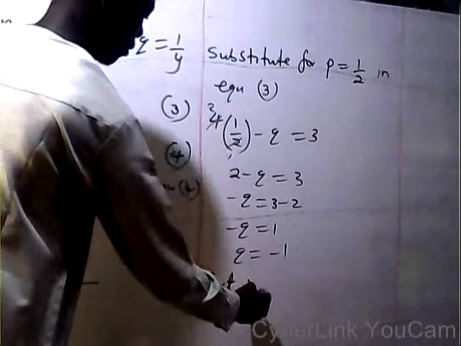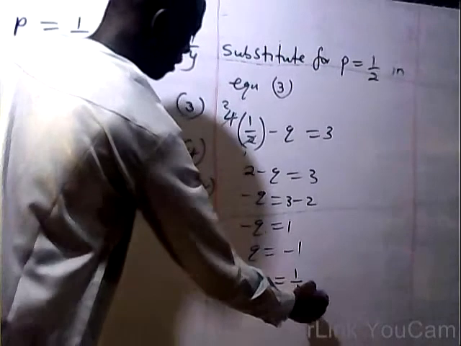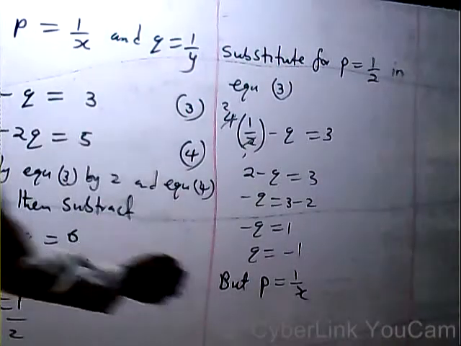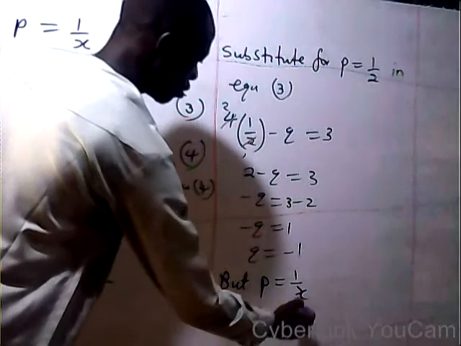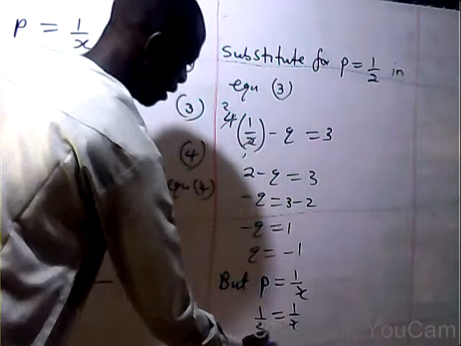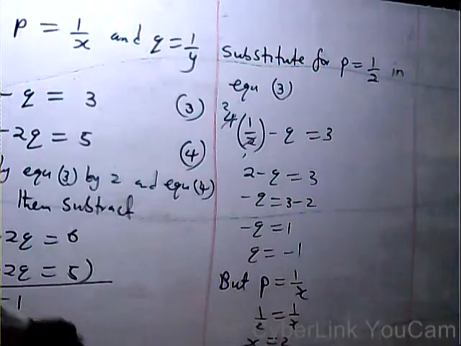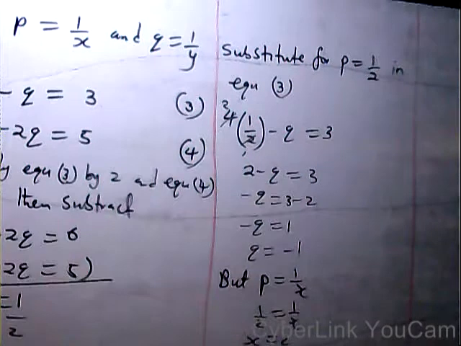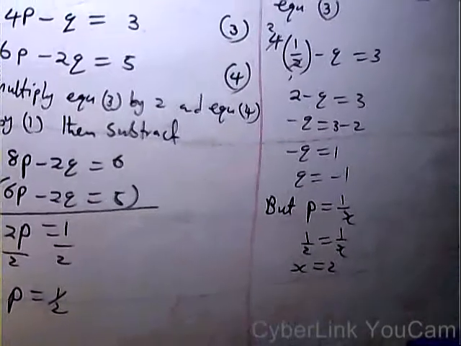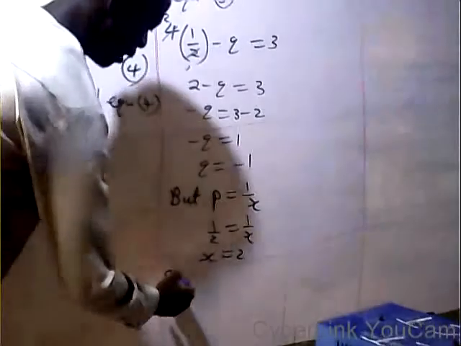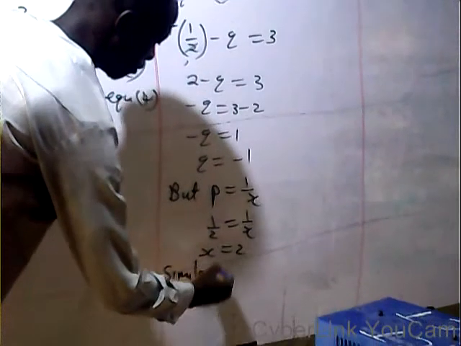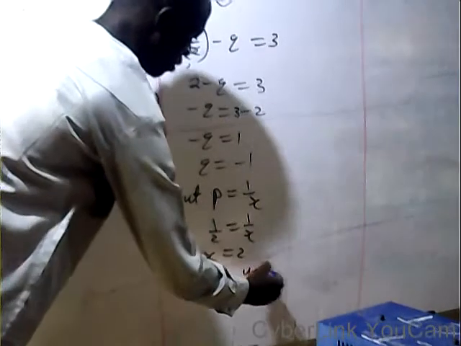p is equal to 1 over x. And what was my value of p? 1 over 2. So 1 over 2 is equal to 1 over x. If you cross multiply, x is equal to 2. Similarly, y is equal to